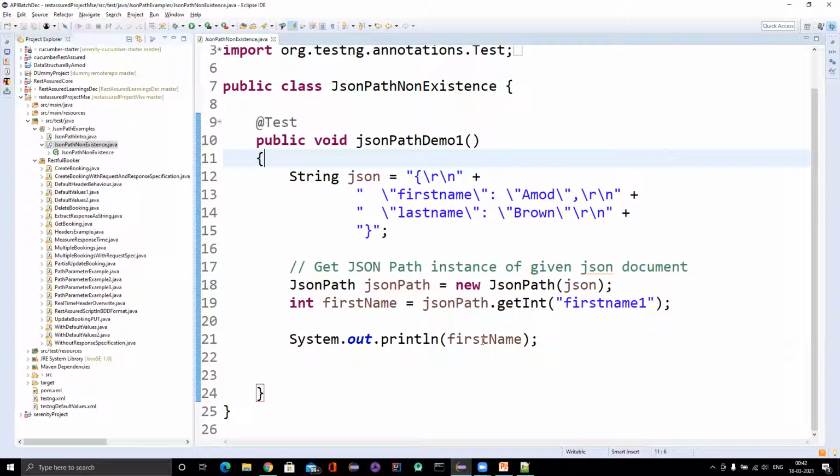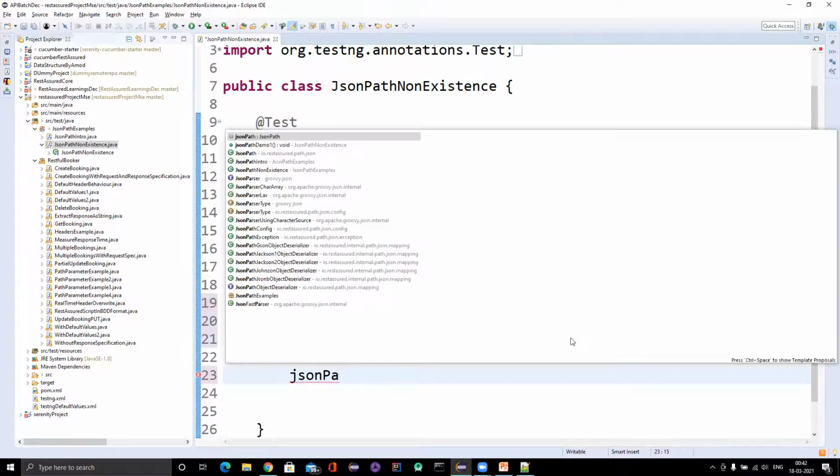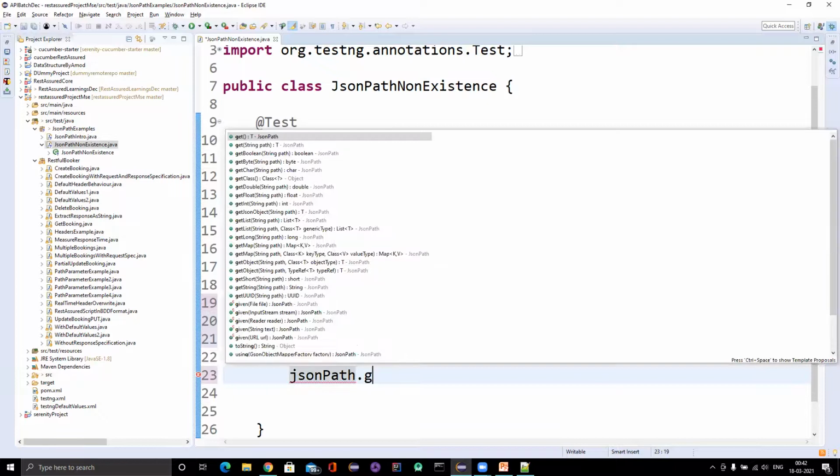Okay, what I'll do, I will simply comment this part. Then, to the JSON path, JSON path dot get.